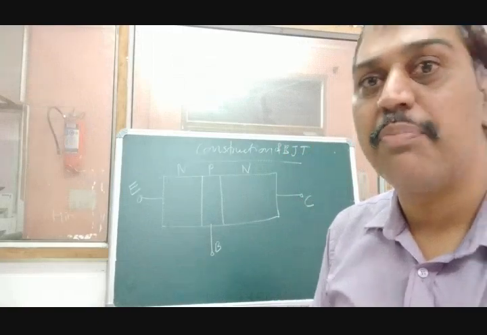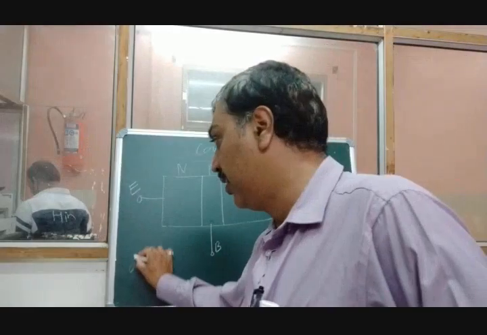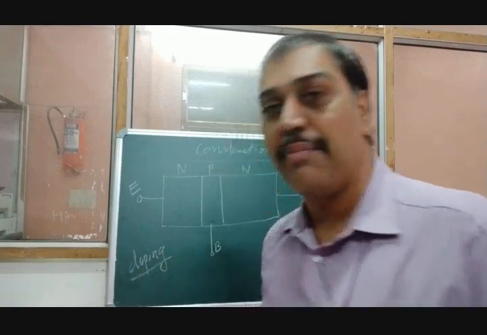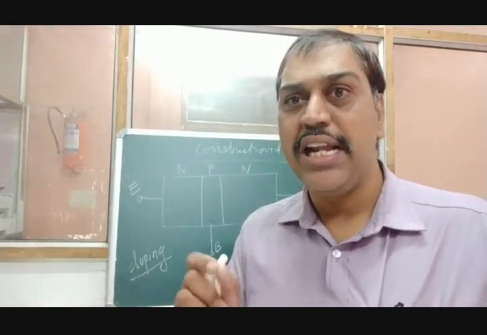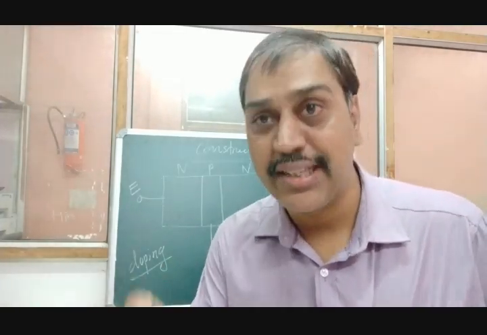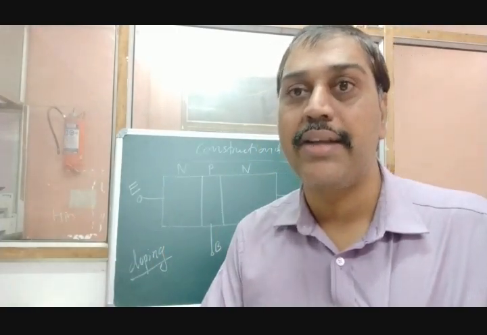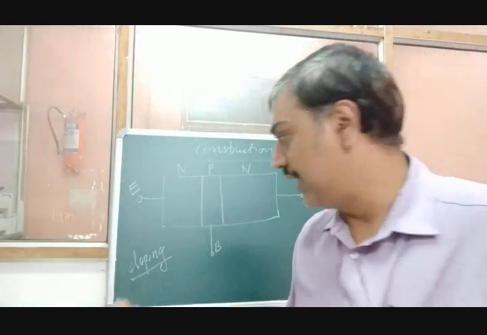Apart from this, there is one process that is said to be doping. If you remember, we have learned this process of doping in the PN junction diode when we have learned extrinsic semiconductor. What exactly does doping mean? Doping means addition of some impurities to the pure semiconductor to increase the conductivity or properties of that device. We will add some impurities, and that process is said to be doping.